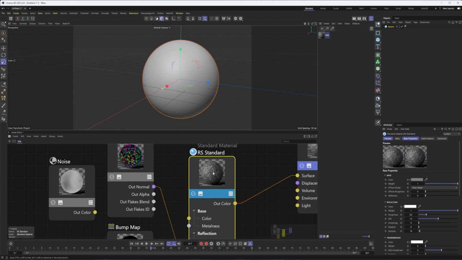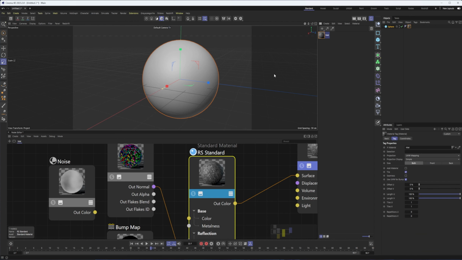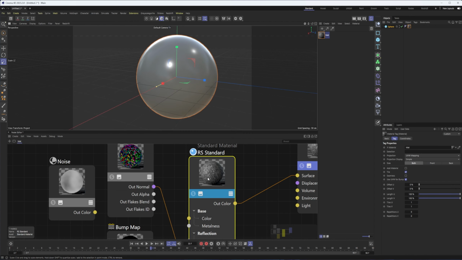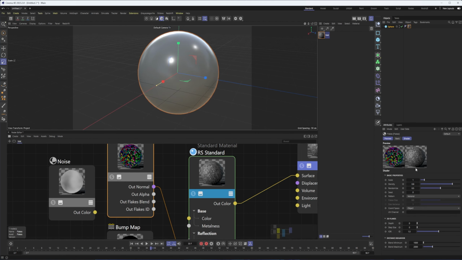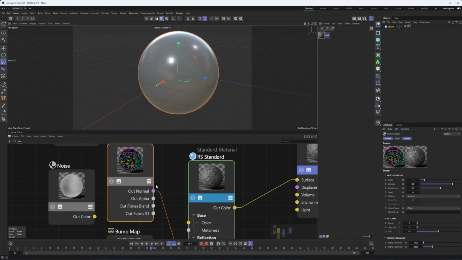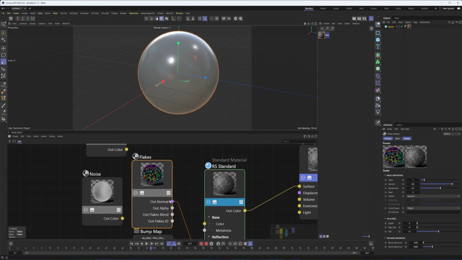And you can see in the preview there that we are getting kind of that flaked, dented look to it. But in the node itself, there's no way to control the color. And so I thought that was interesting, that there's not a color mode for you to just connect directly to the base color section here.